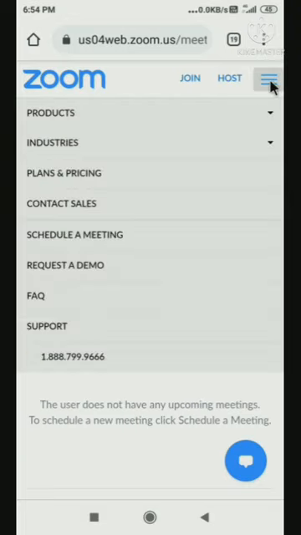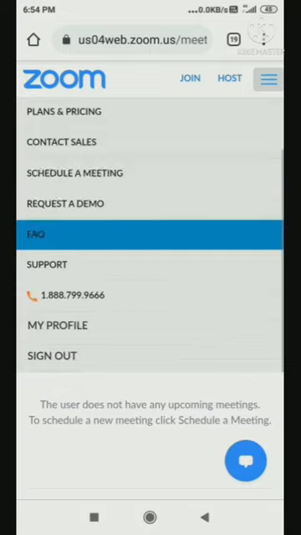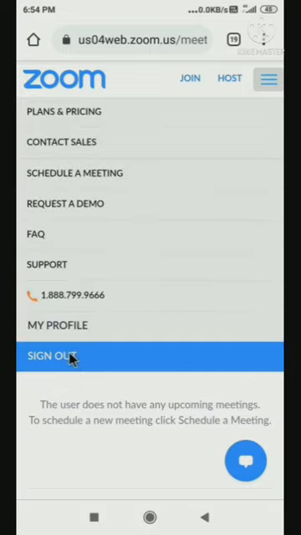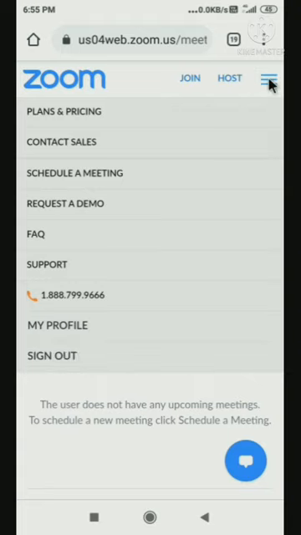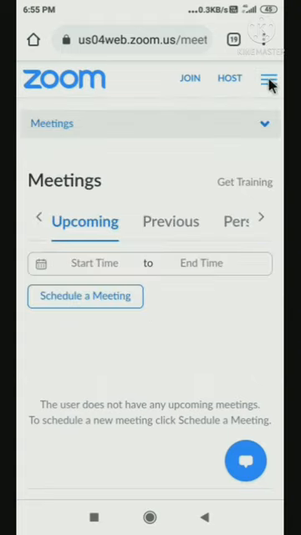Click on these three dots, scroll through these options, and you will see sign out, which means you have already signed in. If the sign out option is showing, it means you have already signed in to your Zoom page on the web. So I am clicking once again. I have already signed in.